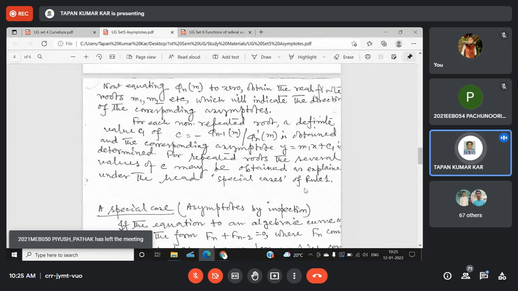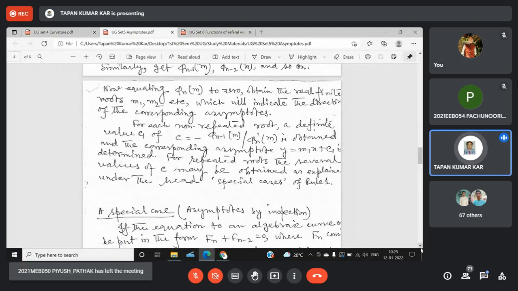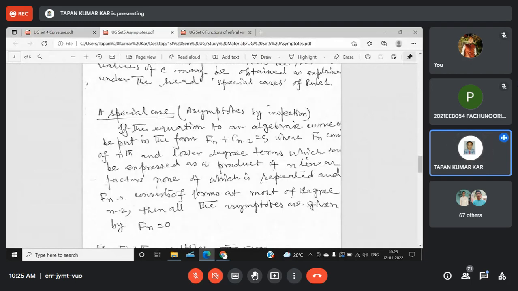Okay, I will discuss one more thing, this special case, then I will move to the example. Asymptotes by inspection. By inspection, what is the method? Look at this. If the equation to an algebraic curve be put in the form fn plus fn minus 2 equal to 0, I will show you an example also. If the given algebraic curve be put in this form,